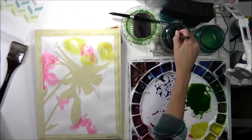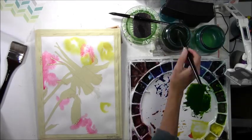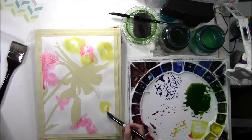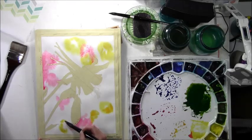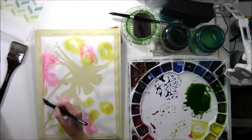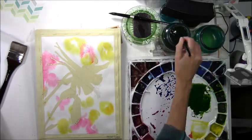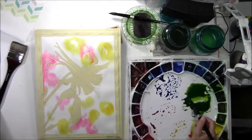And then I'm going to go back to my Oriole and yellow, and my paper is already starting to dry just a touch at the lower side here, so I'm going to have to move kind of quick to make sure it doesn't completely dry before I want it to. Okay, so I've got those lighter, kind of brighter colors on there,